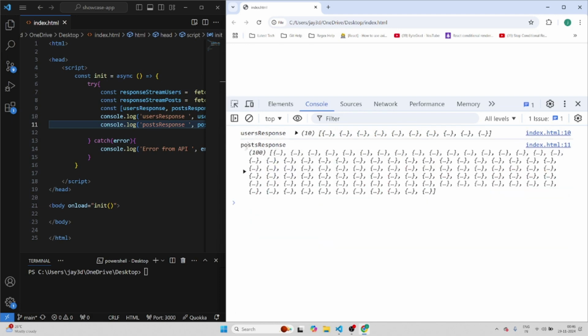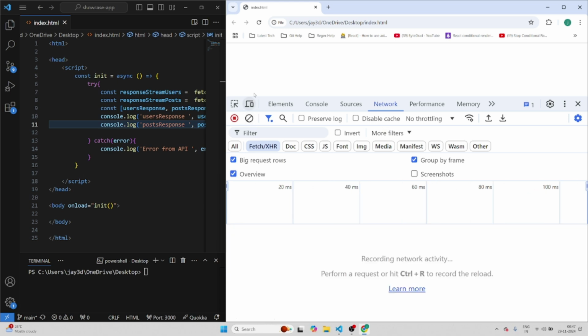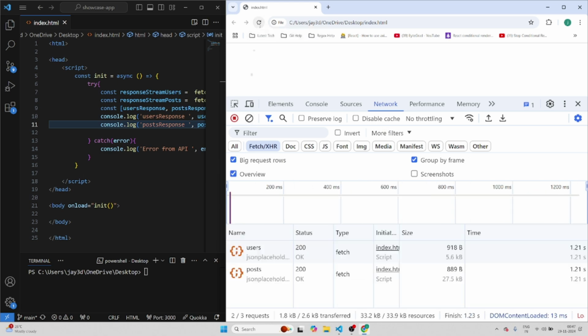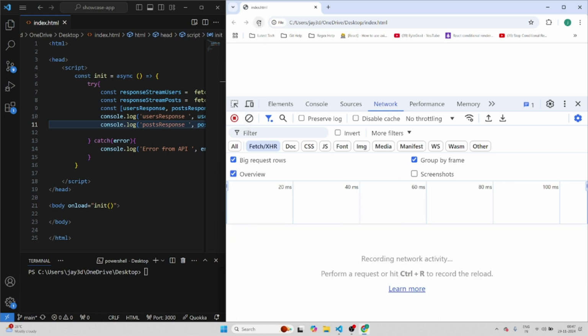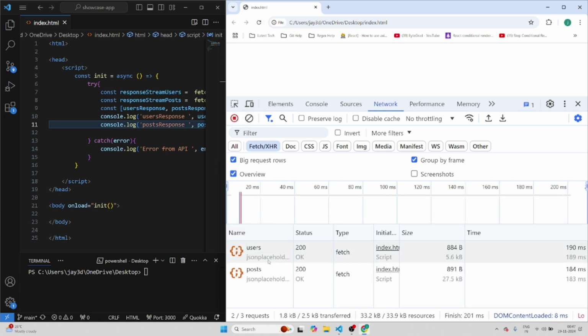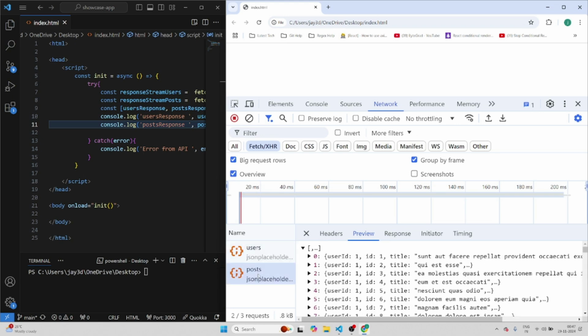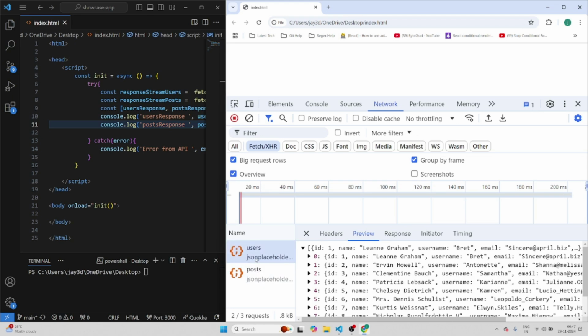Right, so this way you can run two API calls in parallel, which are independent of each other, and that also saves the execution time. We'll just run this once again and check the execution time once again. You can see it ran once again. Both the calls ran in parallel, right? Not like one after the other. So this is how you can fetch two API calls in parallel